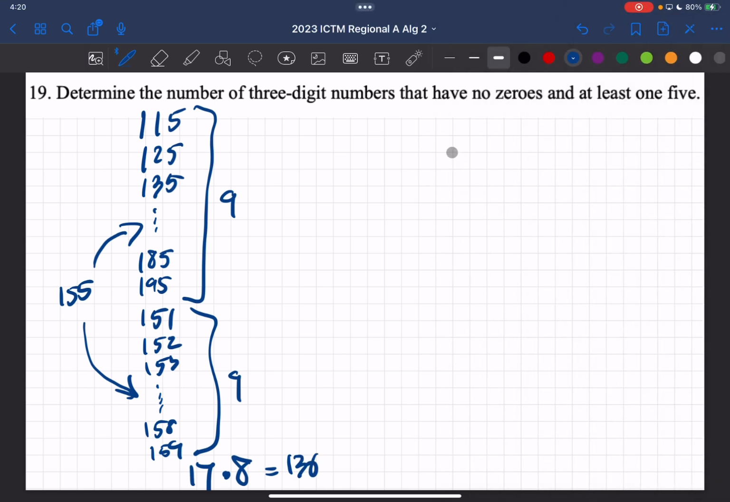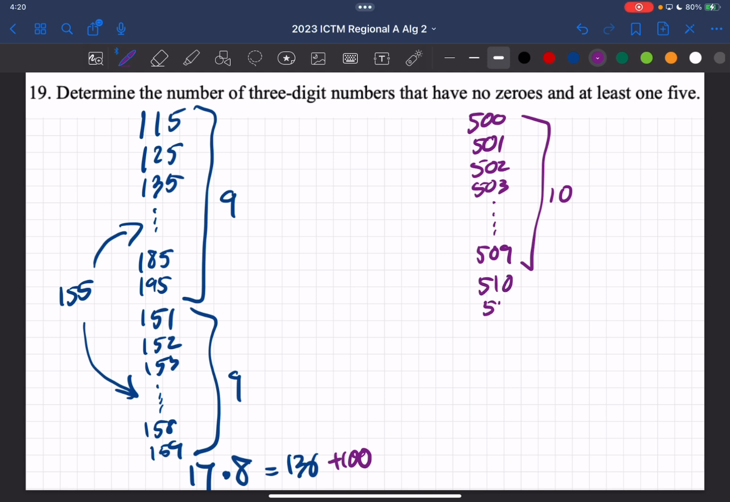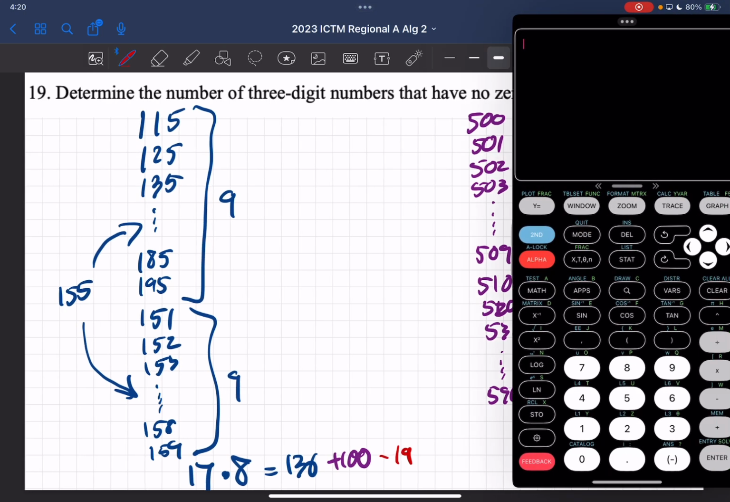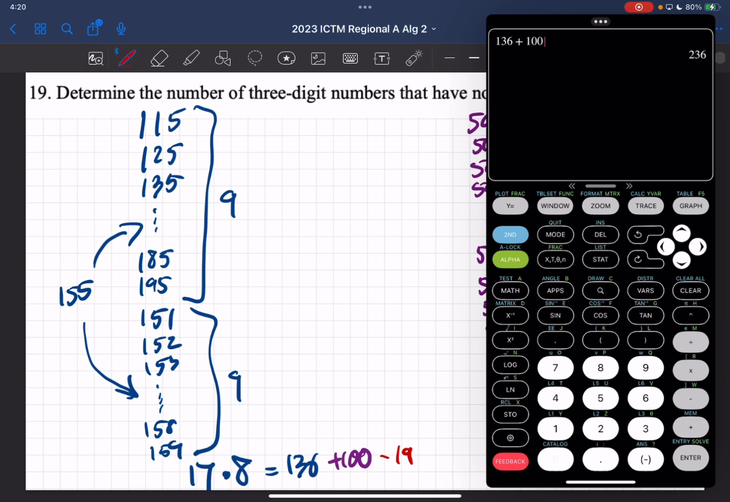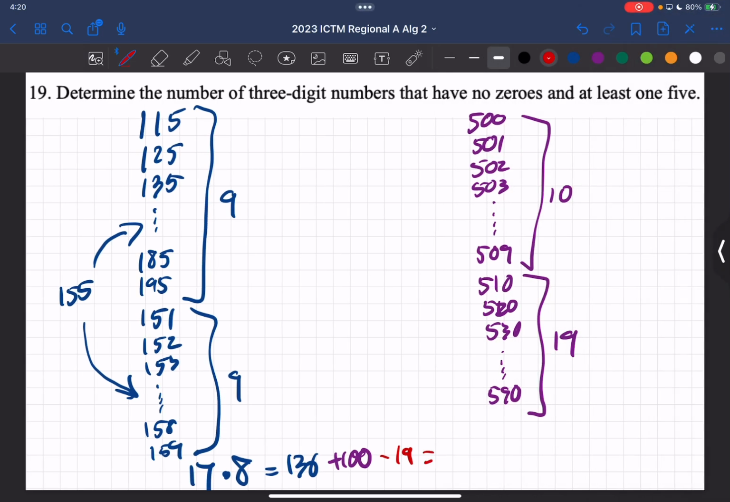Now, all the 3-digit numbers that start with 5 are all going to count. However, I can't just add 100 because I have to exclude the ones that have zeros. So let's list those out. 500, 501, 502, 503, up to 509. So that's 10. And then 510, 520, 530. There's 19. So I have to exclude those 19. And when we do that, we have 136 plus 100 minus 19. And that gives us our answer of